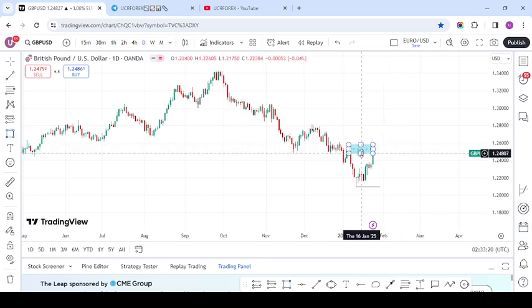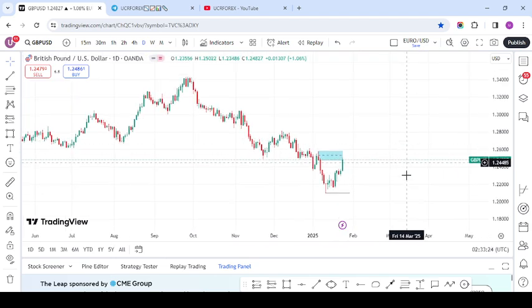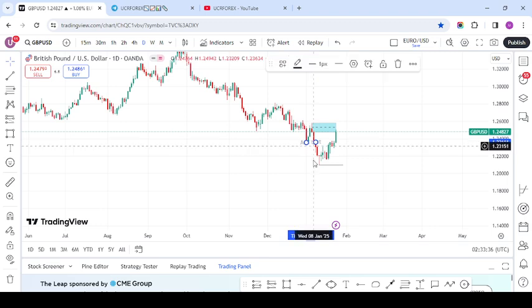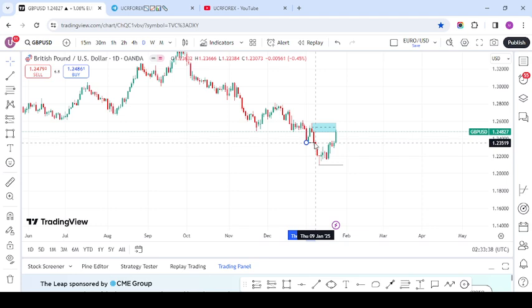See this candle? This is just like a hammer candle. This is on daily time frame. I know most of you will be shouting, what are you doing on daily time frame? Are you marking out your zones on daily time frame? I'm just marking out key levels here on daily time frame. It's not that I trade from daily time frame, but I mark out my key levels from daily time frame, then I scale down to 4 hour time frame